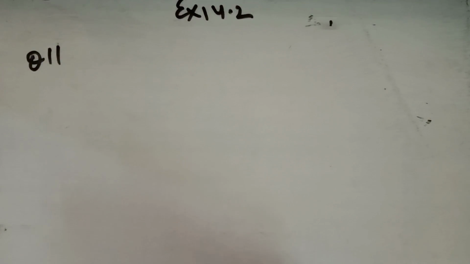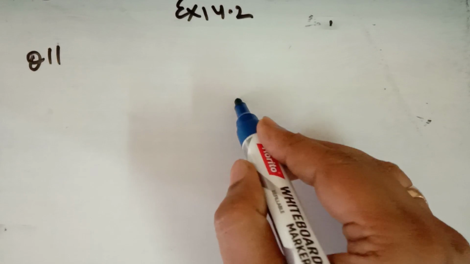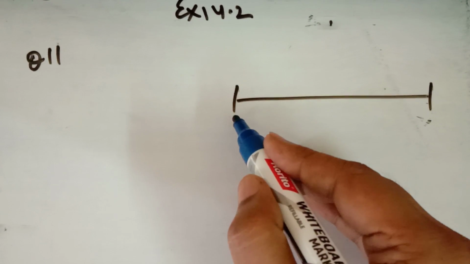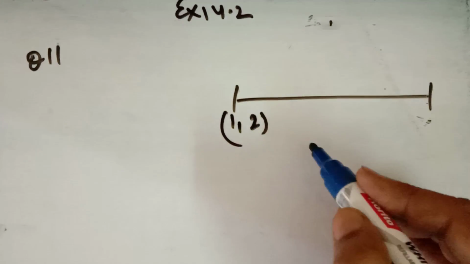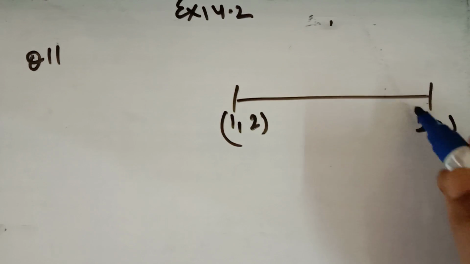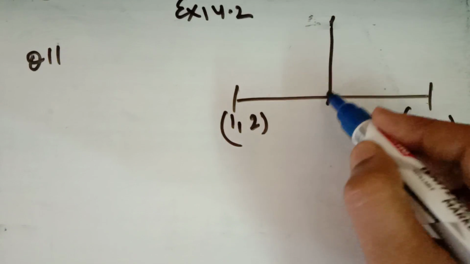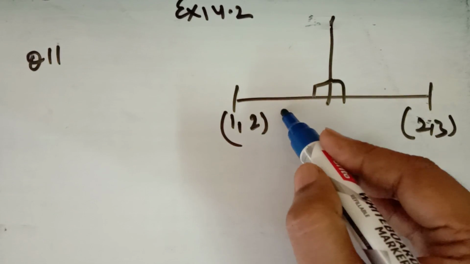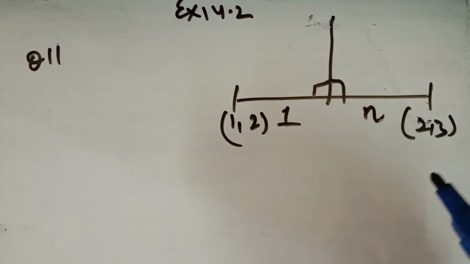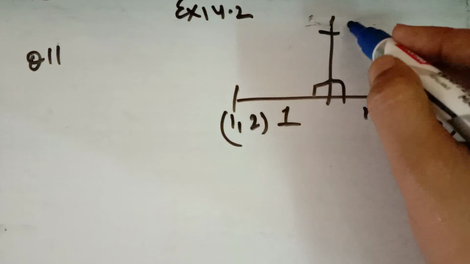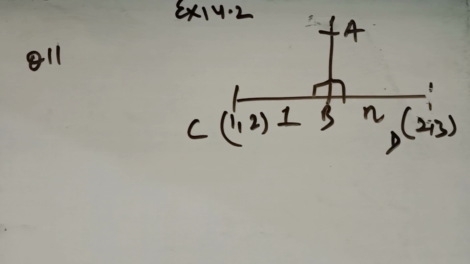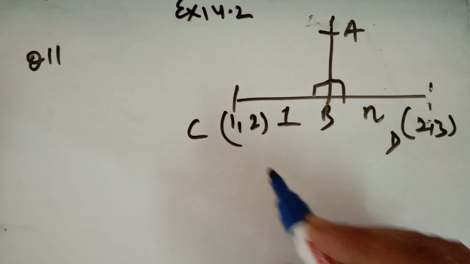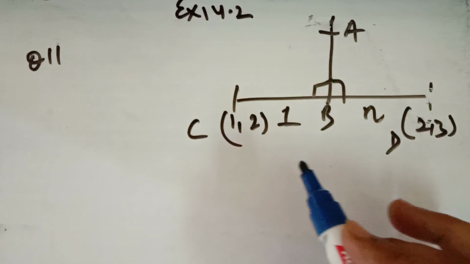Now in question number 11, read it carefully. What is given? A line is perpendicular to the line segment joining the points (1, 2) and (2, 3), and dividing it in the ratio 1:n, and you have to find the equation of line AB. CD is given. So how can you find the equation of line AB, which is dividing the line CD in the ratio